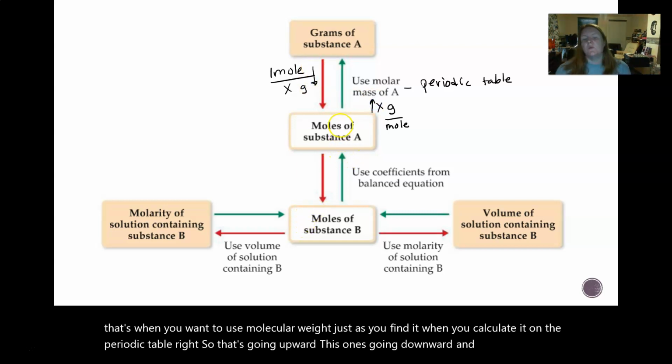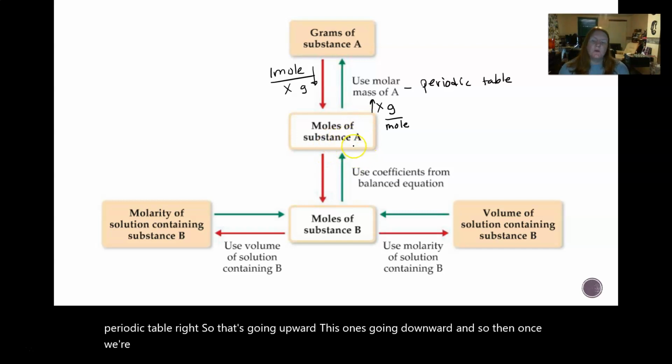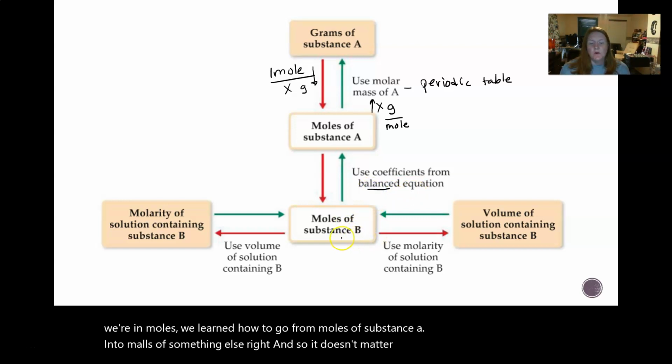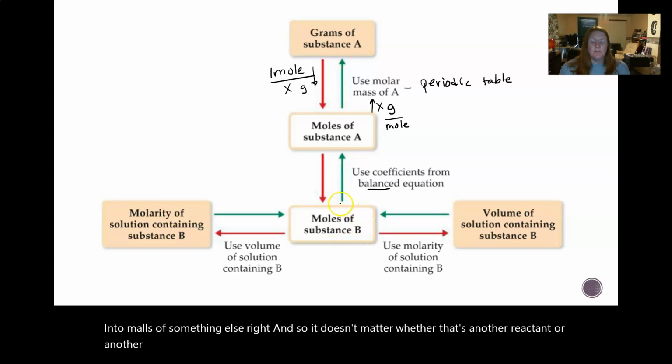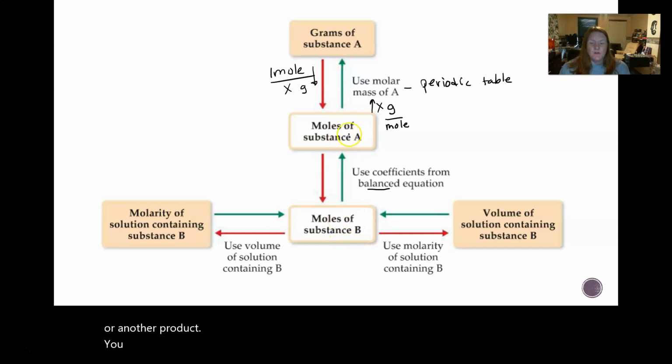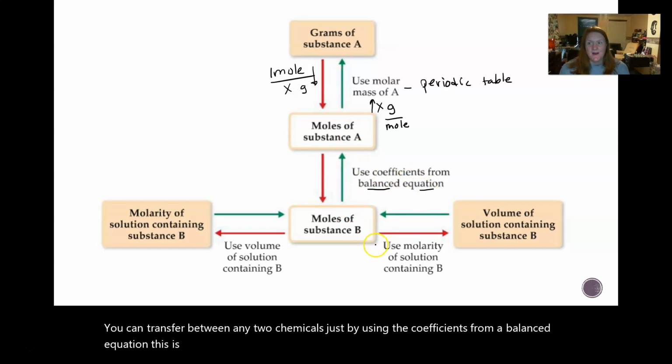And so then, once we are in moles, we learned how to go from moles of substance A into moles of something else, right? And so it doesn't matter whether that's another reactant or another product. You can transfer between any two chemicals just by using the coefficients from a balanced equation. This is why we spent so much time learning to balance equations. Once you're there, then you can either